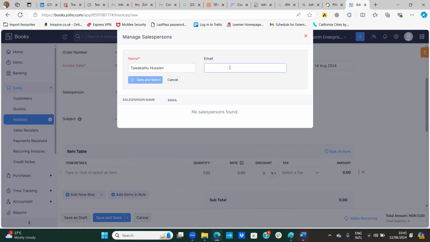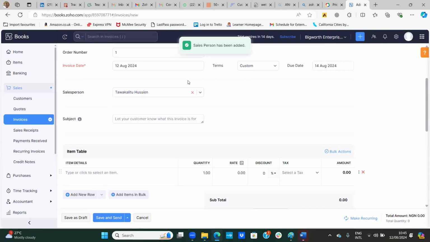So let's say you don't want mail. Okay, so subject: let your customer know what this invoice is for. Let's say this invoice is for